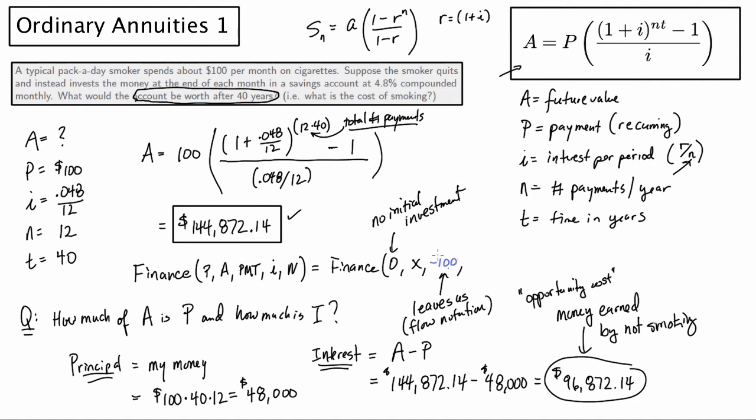And so the payment here is negative 100, and the interest rate I per period was 4.8%. Remember, in this command I use the percentage instead. So it's 4.8% divided over 12 months. And then capital N here is just really little n times t. It's the total number of payments, which is 480 payments. And so if I look at this in the calculator,